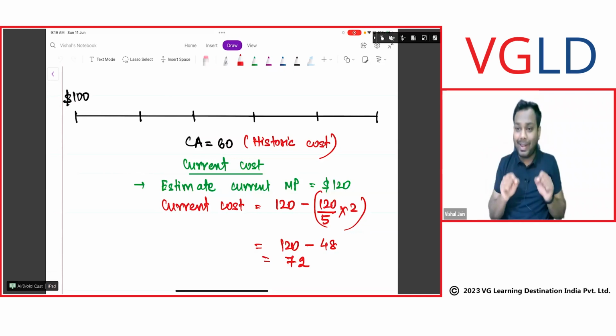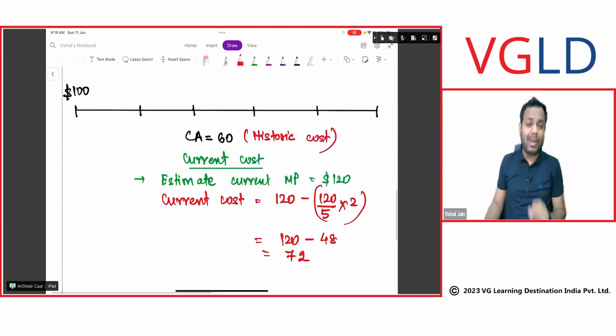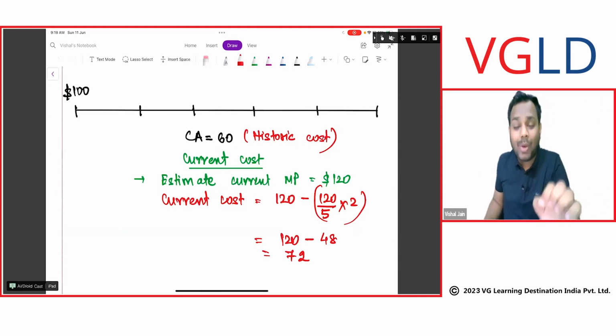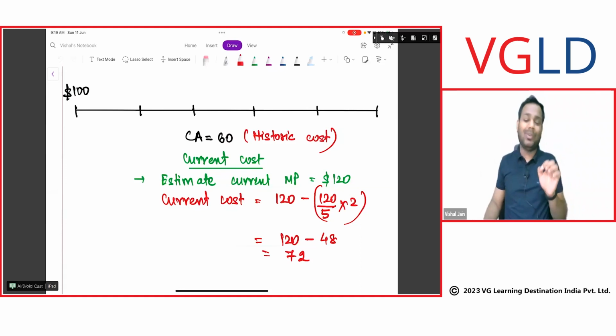Okay. Now here, for the meaning of current cost, what I said is the price that I have to pay to acquire this asset now. So if you talk logically and practically, current cost and fair value are different. But from the point of view of solving questions, they can be interchanged. If current cost is given, we can consider that as fair value. But logically and practically, current cost and fair value are different. Is it clear?